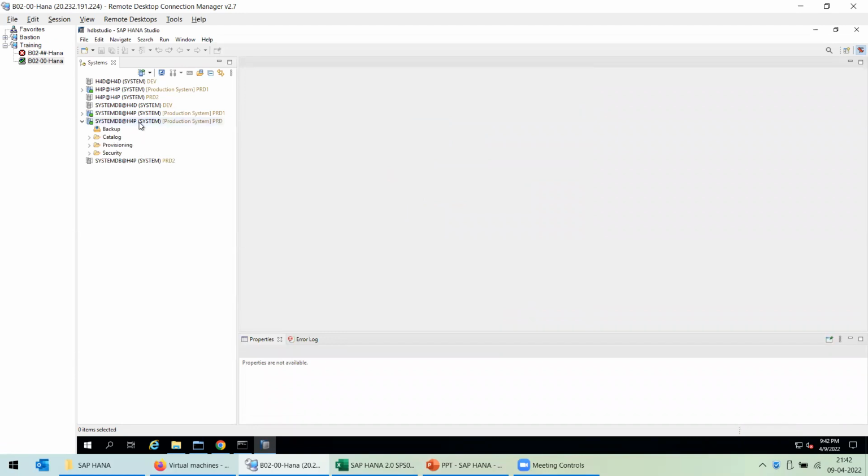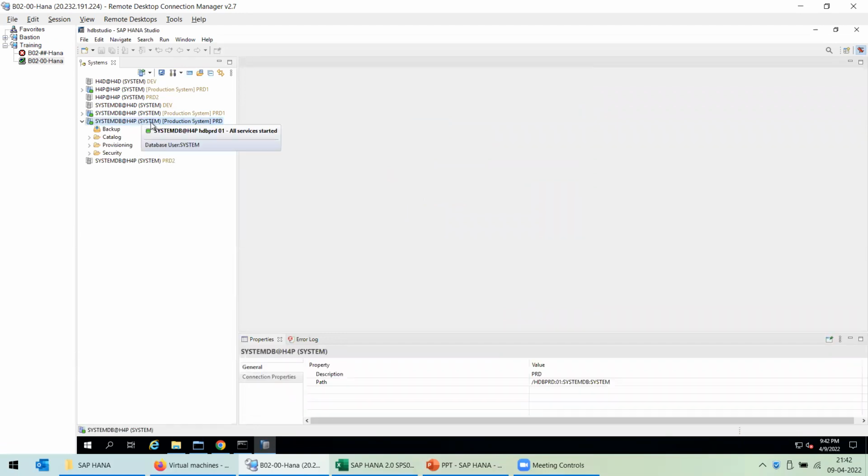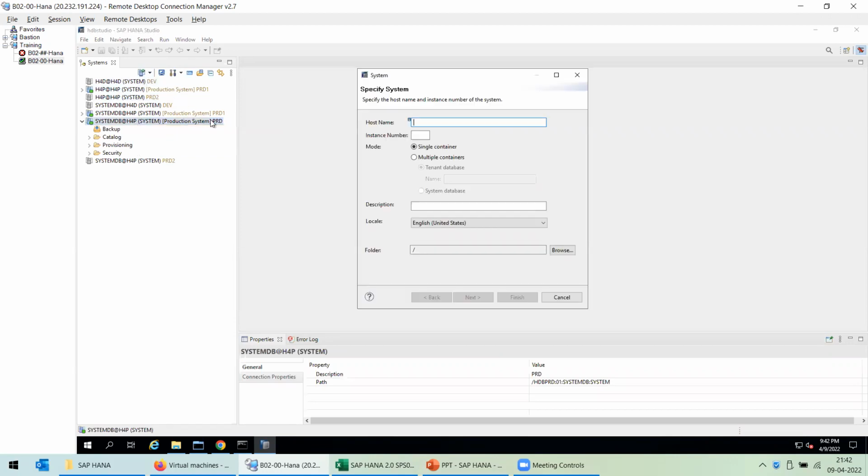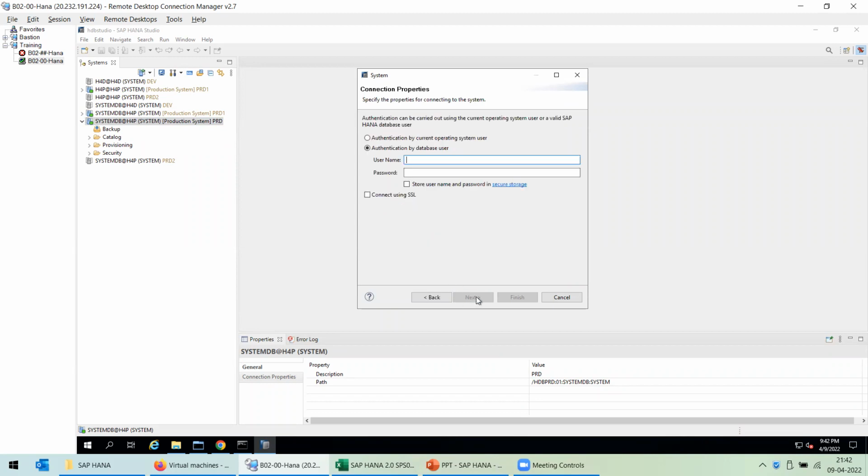Okay, can you see it has been added? I've added the system using the virtual host name. HDB PRD 01 multiple containers, H4P PRD. Next,